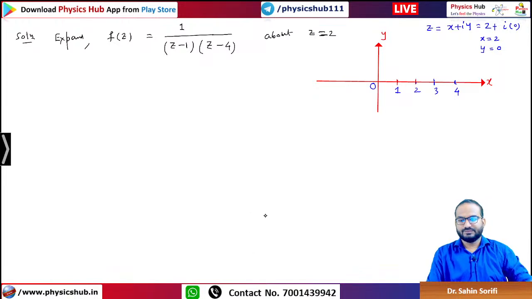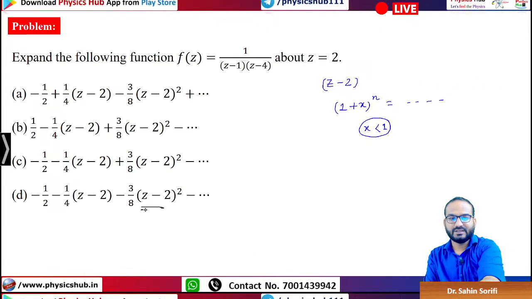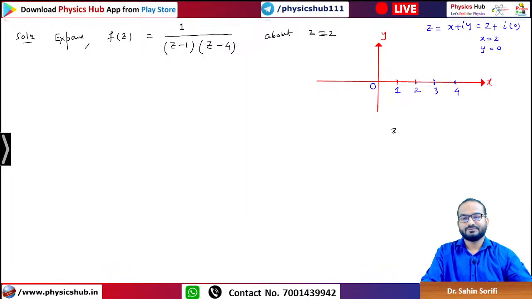As I told you, the expanding term, like here z minus 2 or z minus z0, should be less than 1. So what does it represent? It represents the inside points of a circle whose center is at z equals 2 and radius less than 1 unit. It means if I show you here,